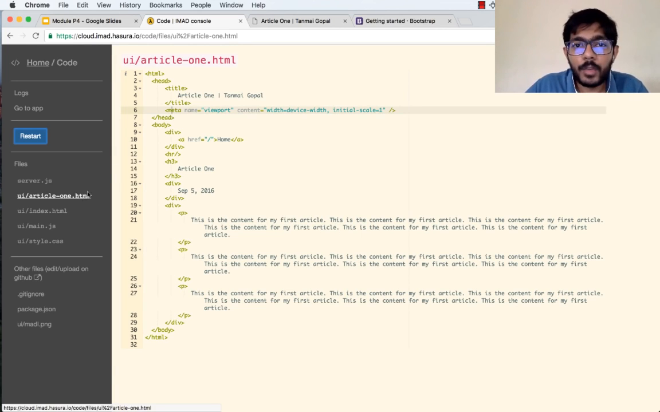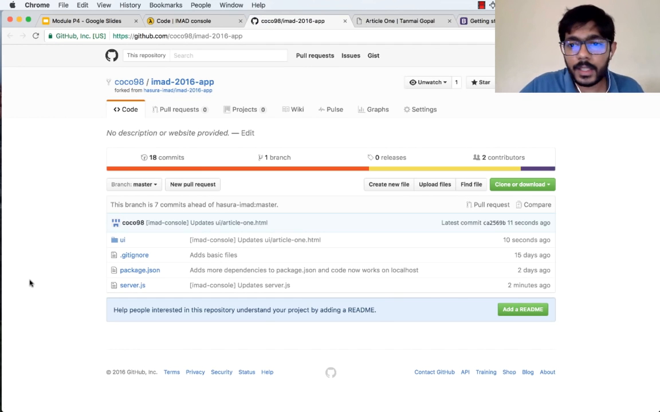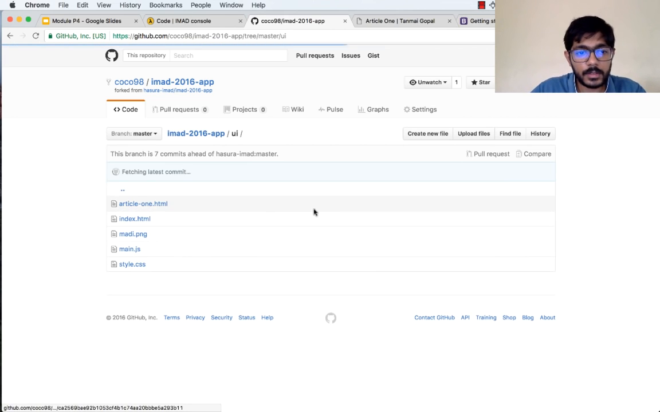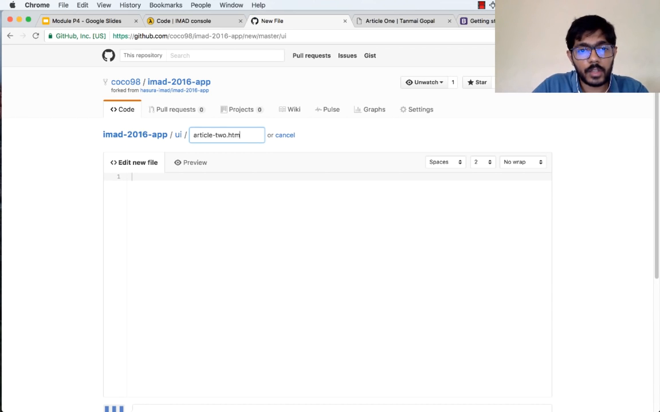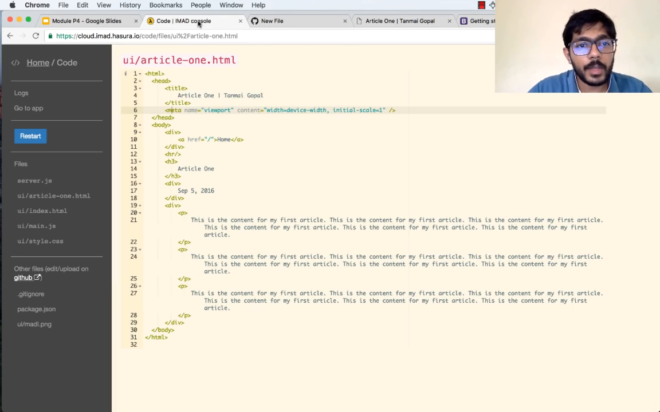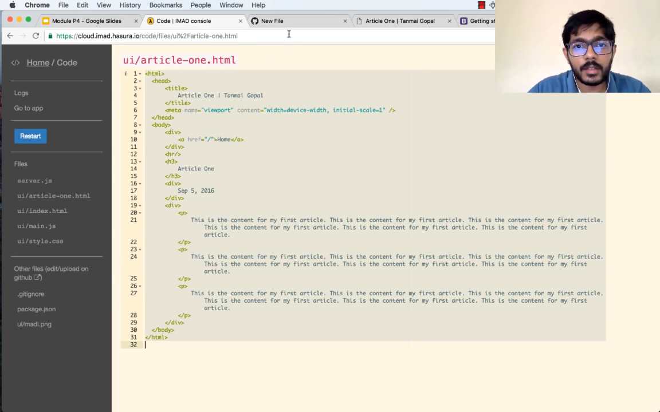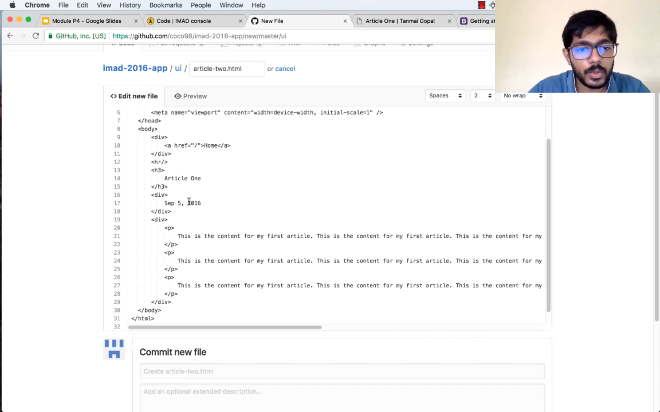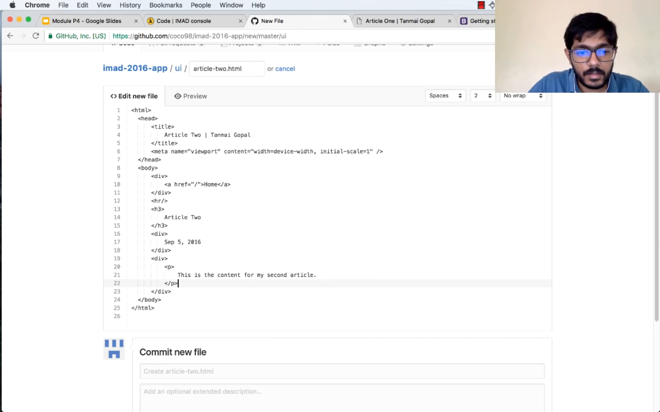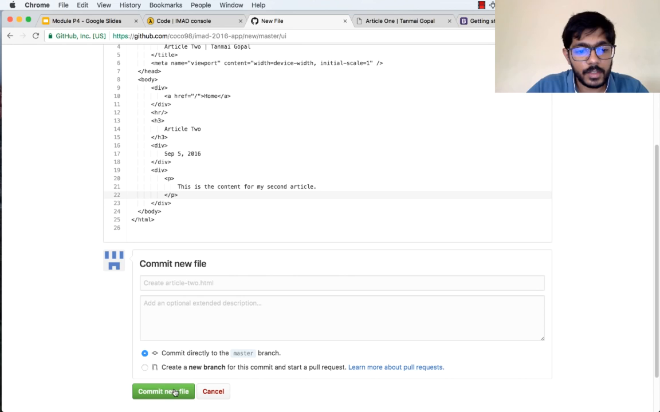Cool. Now let's go ahead and add some more files. So I go back to GitHub. I go back to the UI folder. I'm going to say create new file, article2.html. So here we have article2.html, and I'm just going to copy the content from my original article, paste it here. I'll change the content to article 2. This is the content for my second article, right? Okay, let's save this file,